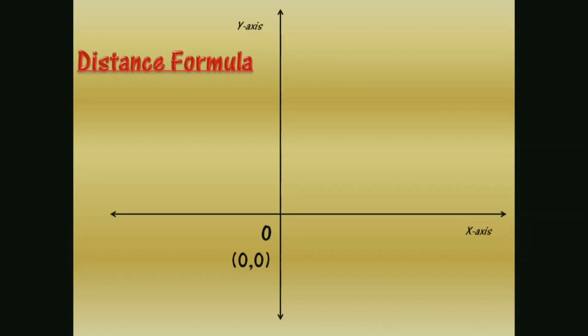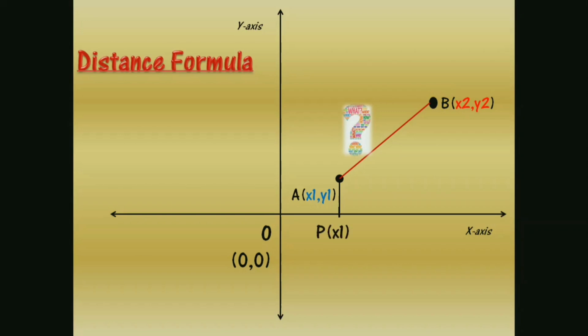So let's bring out the coordinate axes. Let's say that point A and point B represent cities. We have to calculate the distance AB if we know the coordinates of points A and B. Consider the coordinates of A as (x1, y1) and B as (x2, y2). Now let's have some construction to find the length AB. I have drawn AP and BQ perpendicular to the x-axis, and AR perpendicular to BQ. So we can find out the length AB.